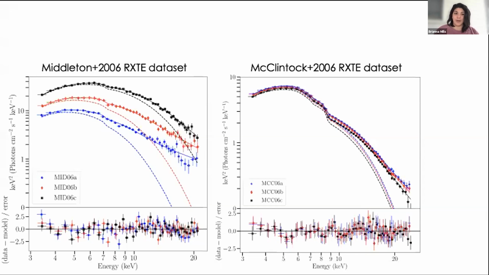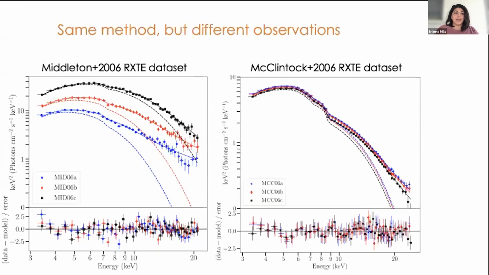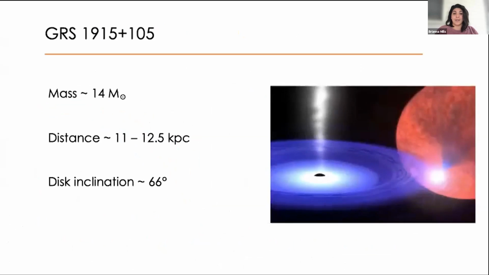So you can read more about what they have to say about each other and their own data selections if you haven't already. But the takeaway here is that they use the same method, same continuum fitting method, but they have different observations. And that is the reason for the discrepancy here in spin. So I wanted to look at these spins again now that we have better constraints on the mass, distance, and